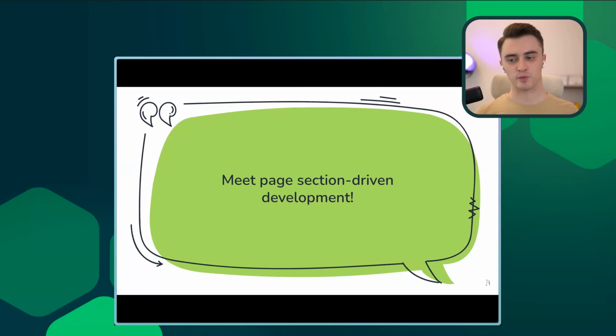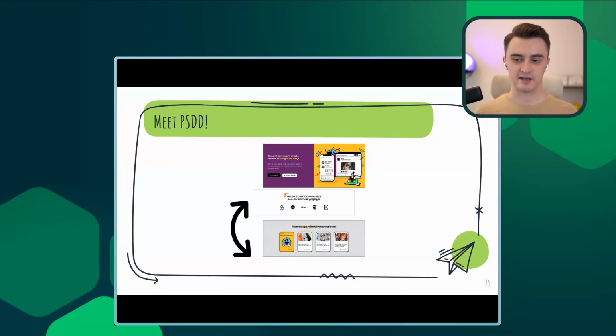And that's the good moment when we can introduce page section driven development. Basically, if we stop thinking about large templates and start focusing on the page section itself, as on this screenshot image, we can